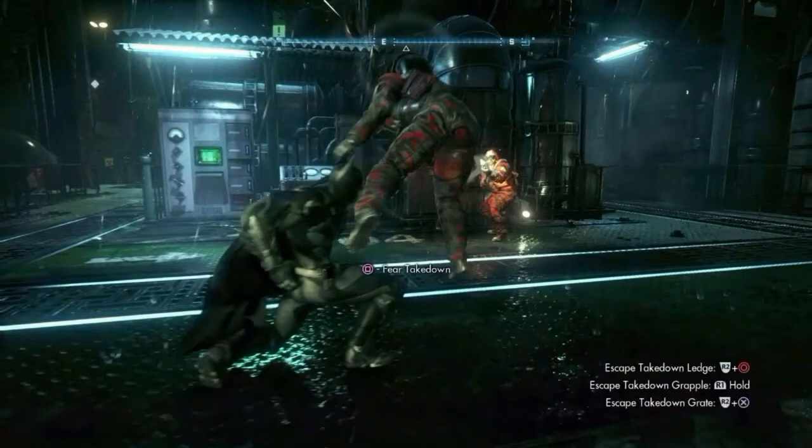Also, if you see on the bottom right, you see the escape takedown ledge, escape takedown grapple, and escape takedown crate. I'm guessing these things are quick maneuvers, so you can take down an enemy and get out of plain sight, so you don't have to deal with people shooting you in the back while trying to grapple, or trying to shoot you while you jump into vents. That's the most annoying thing, which in this one you're a lot quicker,